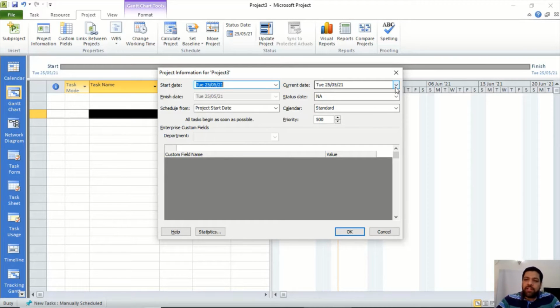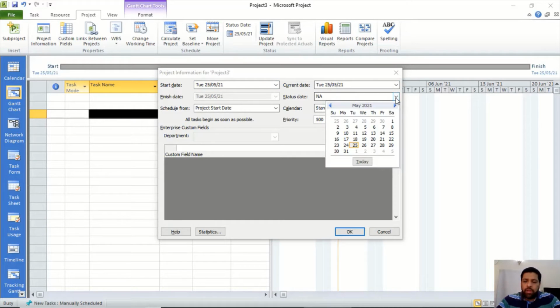Status date is the date which you set to tell Microsoft Project: till this date, calculate all the statuses of activities and deliverables mentioned in your project file. Whenever your project is in execution and you are entering the actuals, you mention that date over here, and Microsoft Project calculates the status of your project till that date.